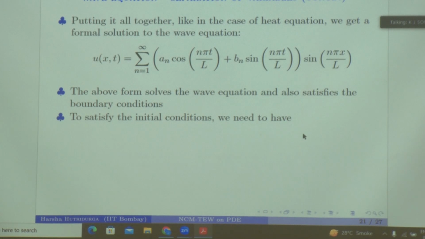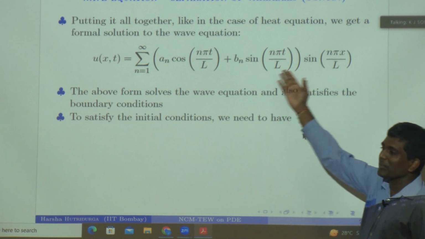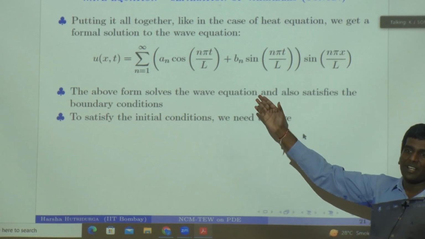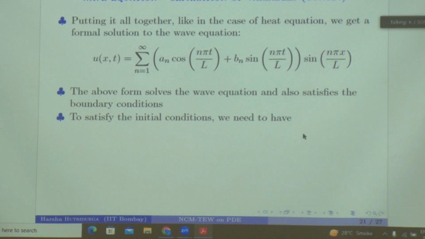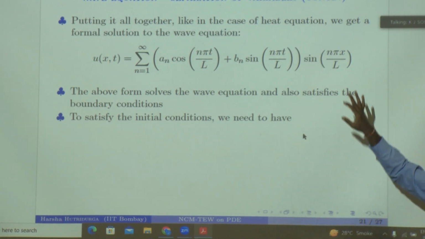In the heat equation case, there was an e to the minus t upon something, and that enormously helps to show that the series is summable. Here, there is no e to the minus t, so we cannot blindly use a similar strategy. This is a different strategy, extending a given function by odd extension and writing down the Fourier series. It's a bit more involved, so that's why I'm skipping the step.